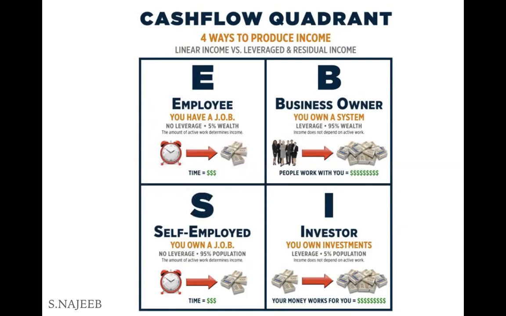Now, when you're employed by somebody else, the amount of active work determines your income. For example, you're trading your time to make a paycheck just to clear your utility bills. Then we can go down to self-employment. This is for people who own a job. They're still working for themselves, but the biggest problem is they're still working hard because they're only employed by themselves. There's no leverage, no working smart, no duplication in the process. And 95% of the population still do this. Again, the active work determines the income that you make by trading your time